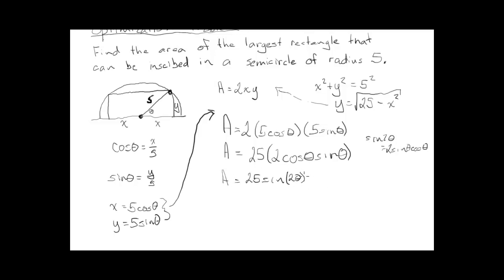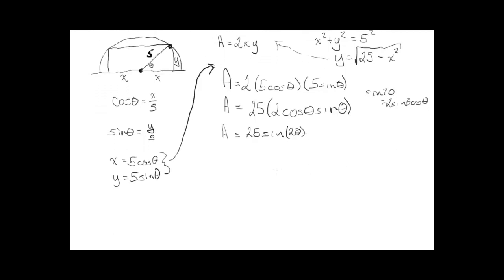And now I have a function for area in terms of just one variable. That variable is theta. So I should be able to take the derivative, set it equal to 0, and find the critical numbers. I could have done this without making this substitution and having cos theta sine theta, but then I would have to use the product rule. So it's just a little easier if you recognize this identity. So I'm going to differentiate with respect to theta. So 25, I'm going to get 25. The derivative of sine 2 theta is cosine 2 theta, times the derivative of 2 theta, which is 2. So setting the derivative equal to 0, I'll get 50